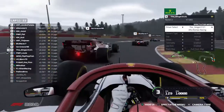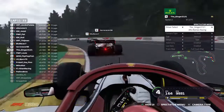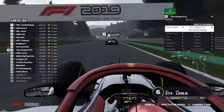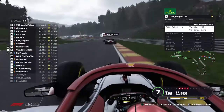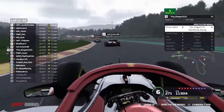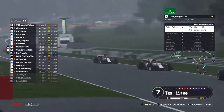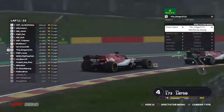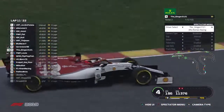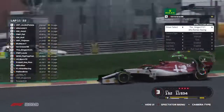Is there any other action on the track? Well, let's go on board with Ginger here, who's caught up to the back of his teammate, who's also caught up to the back of Blue Racer, who's on the hard tyres into P1. You brake into the corner, but then you put it full throttle flat out through here up into 7th gear. You don't really want to rev the car too much, but you also don't want to go into 8th gear, so I normally keep it in 7th when I fly through here,